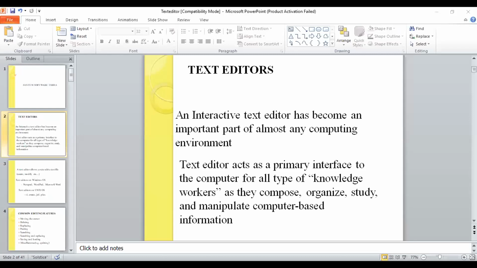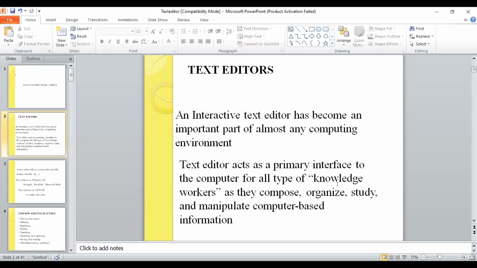When the text editor is run, it is an interaction with your system, making your environment compatible with your system, making it a computing environment.